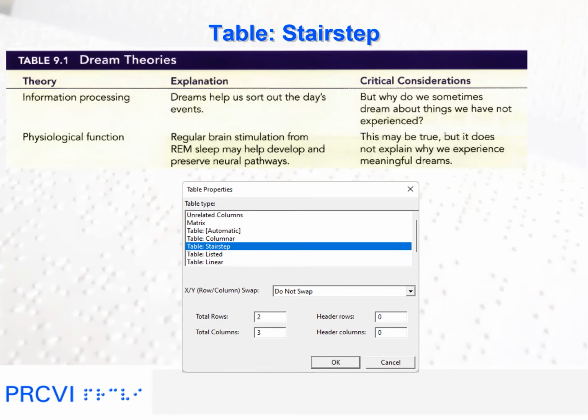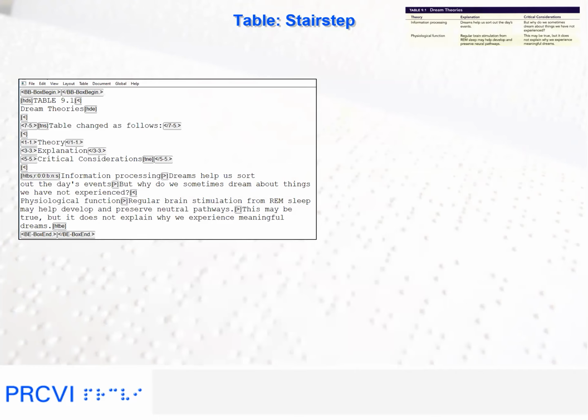In coded view, the begin box line style is followed by the centered heading for Table 9.1, Dream Theories. Then a blank line is followed by the transcriber's note. Every time we change the print column table to any other format, we need to add a transcriber note. In this case, we will add: Table changed as follows, colon in cell 7, followed by a blank line.